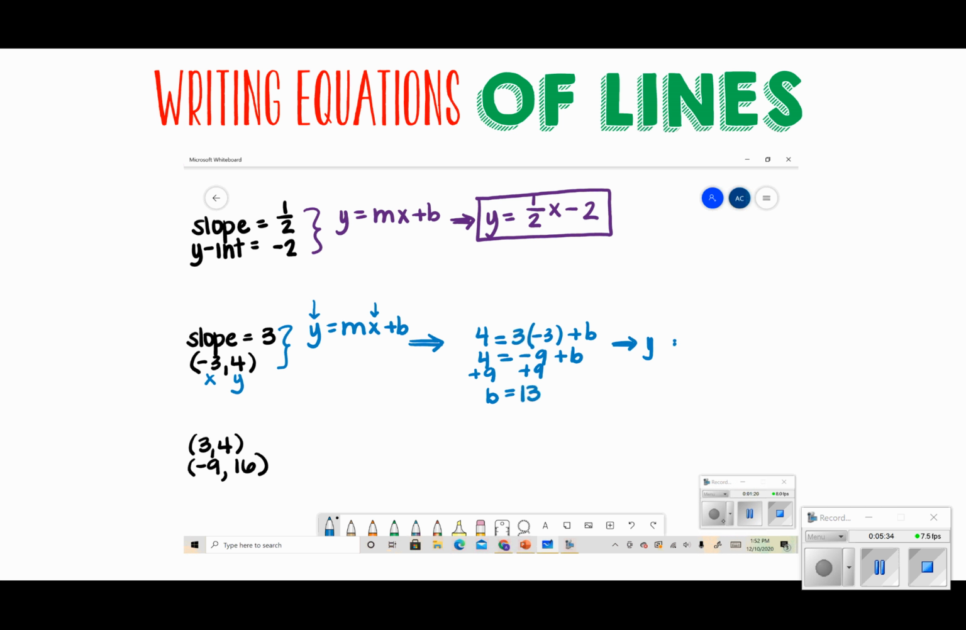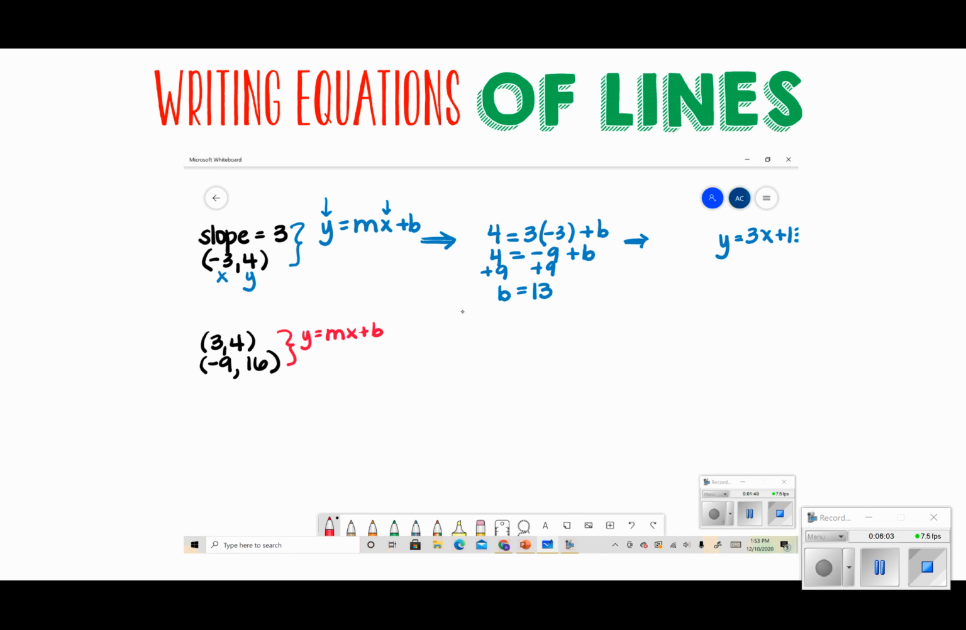y equals m, which is 3, x plus b. There's your equation. Now the last one that we have is when you're given 2 points. Again, y equals mx plus b. This one's got a couple more steps. So what we need to do here